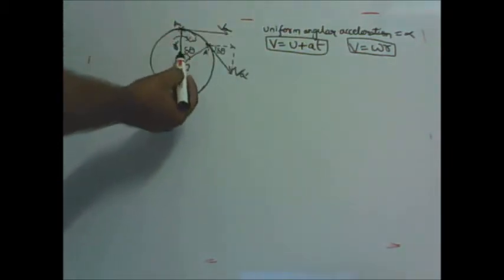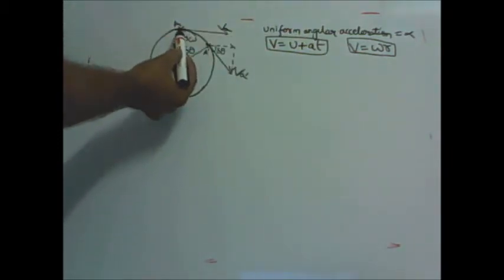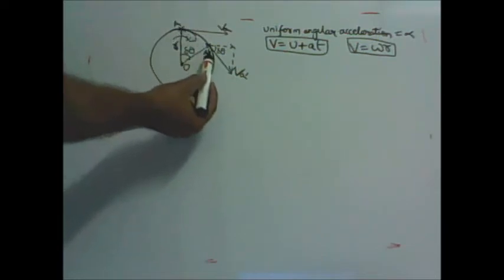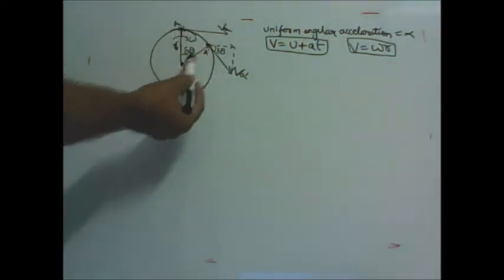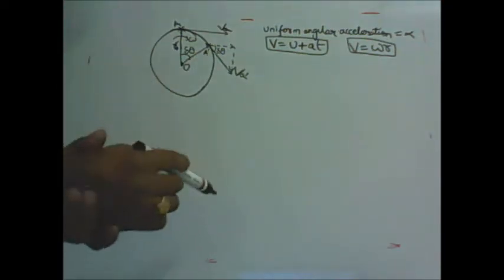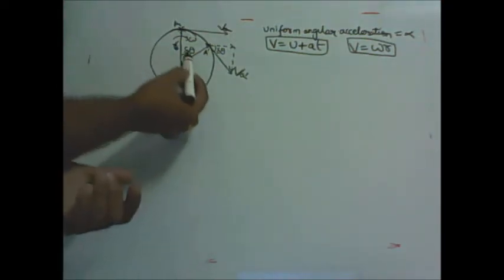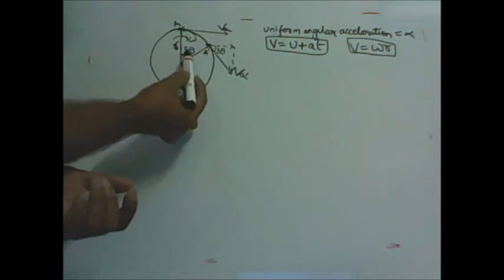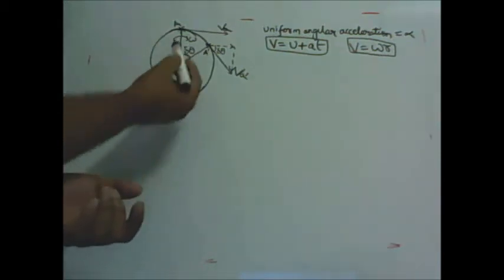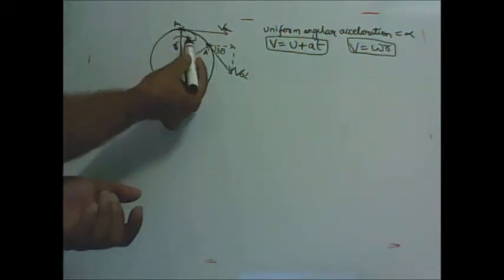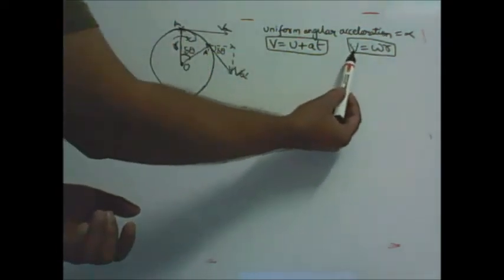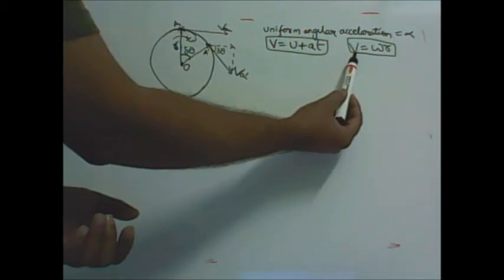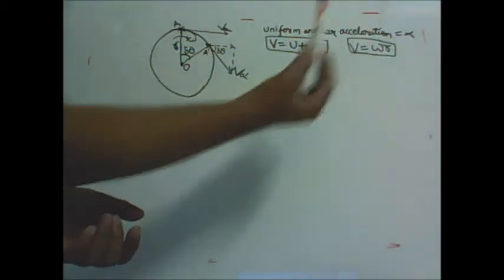then let us consider initial position is at A and final position at A dash, and it reaches from A to A dash in infinitesimally small time delta t and has this angle with delta theta. Initial angular velocity be omega. We know that the tangential velocity in a circular motion is given by angular velocity into its radius, and